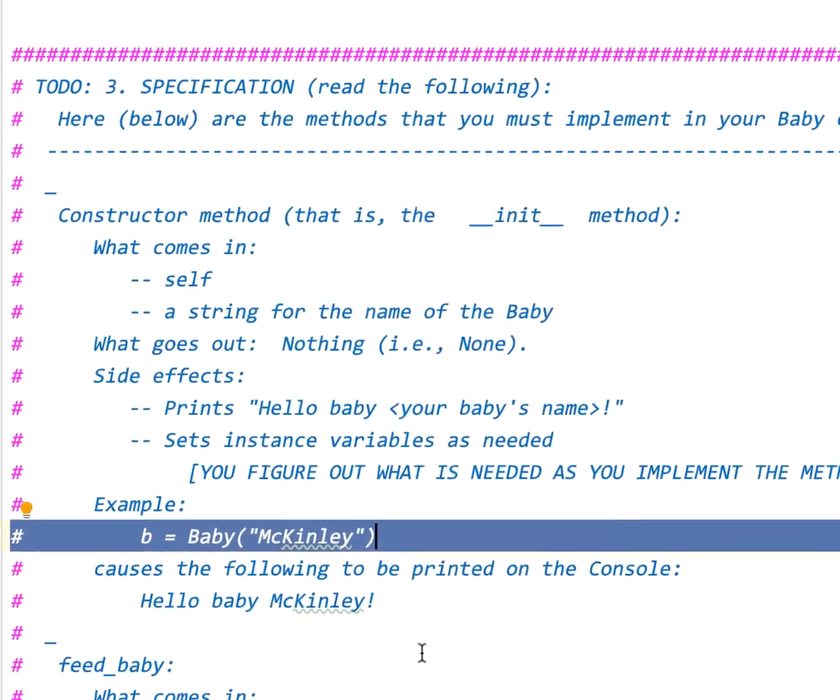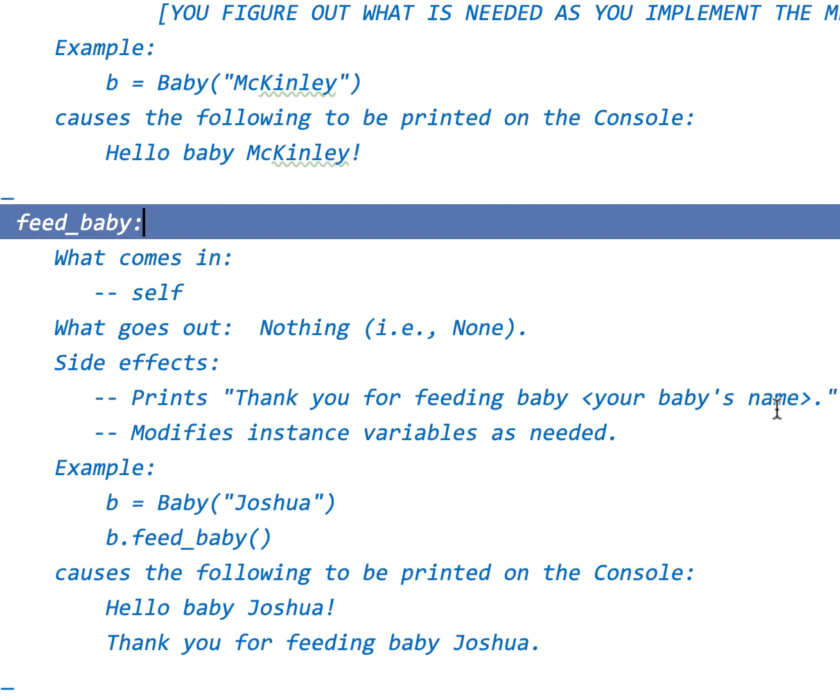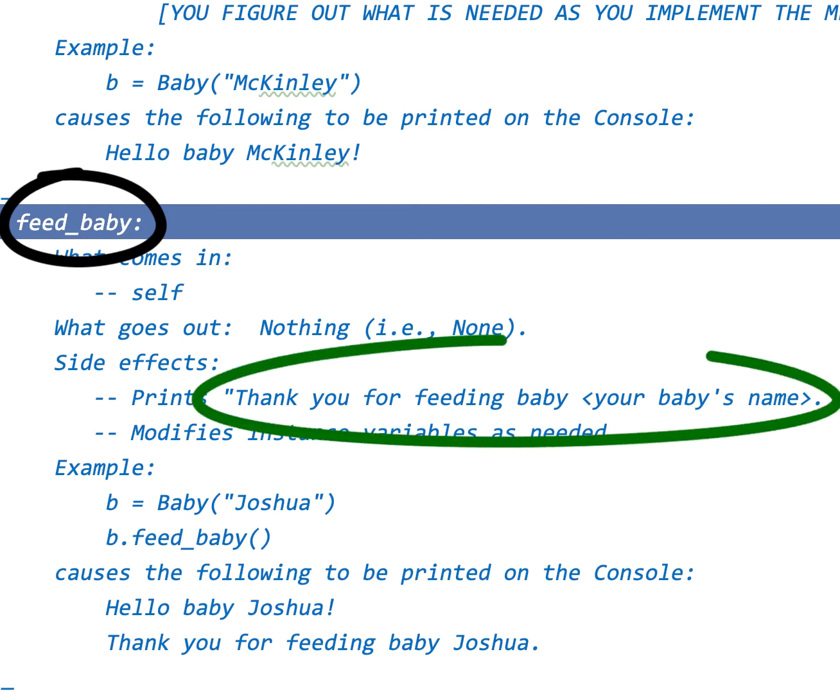Scroll down until you see the specification of the next method. It's called feedBaby and appears at about line 49. FeedBaby takes a single argument, self, that is the baby being fed. Like init, it prints something, but it prints thank you for feeding baby and then your baby's name, followed by a period. For example, consider the line of code b equals Baby of Joshua. As we've seen, that causes init to run, which means that it prints, per the spec of init, hello baby